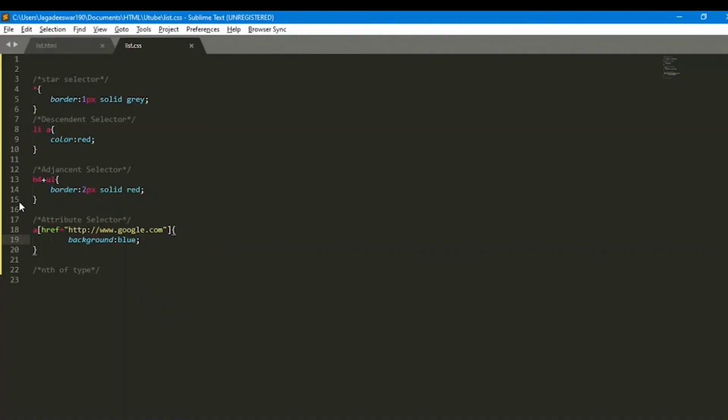This will select every anchor tag with href equal to the specified attribute value.